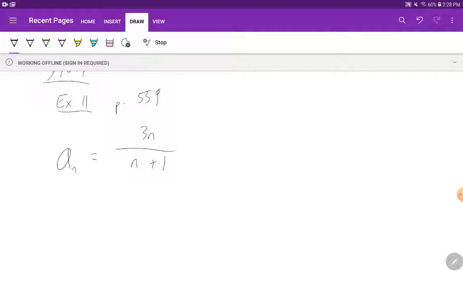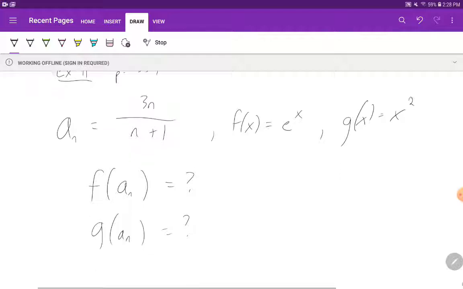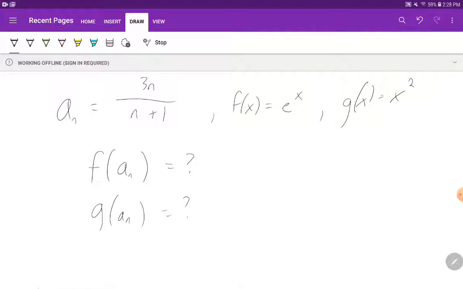They define a couple of things. They say f of x is equal to e to the x, g of x is equal to x squared, and what they're asking you to do is compute f of a sub n and g of a sub n when you take the limit as the sequence goes to infinity. Okay, so what that means is you want to find the limit as n goes to infinity